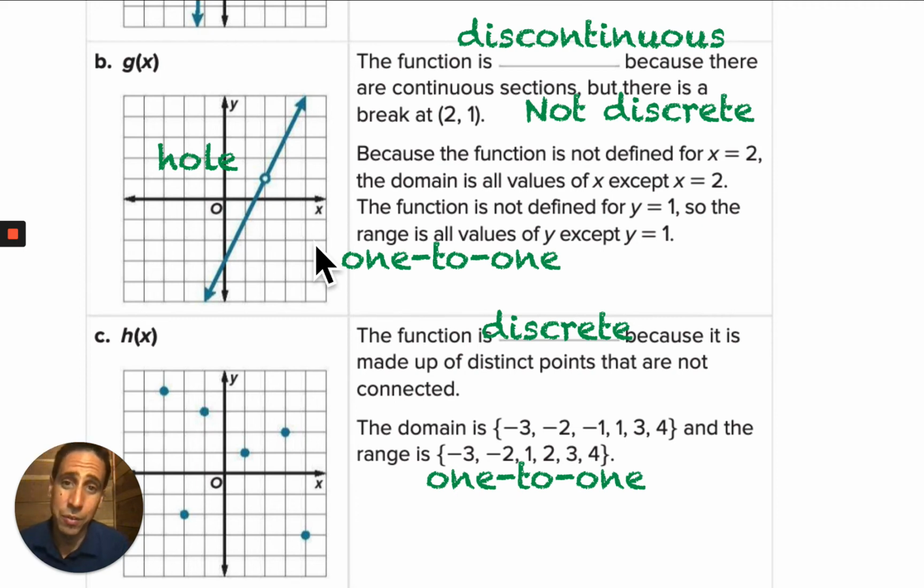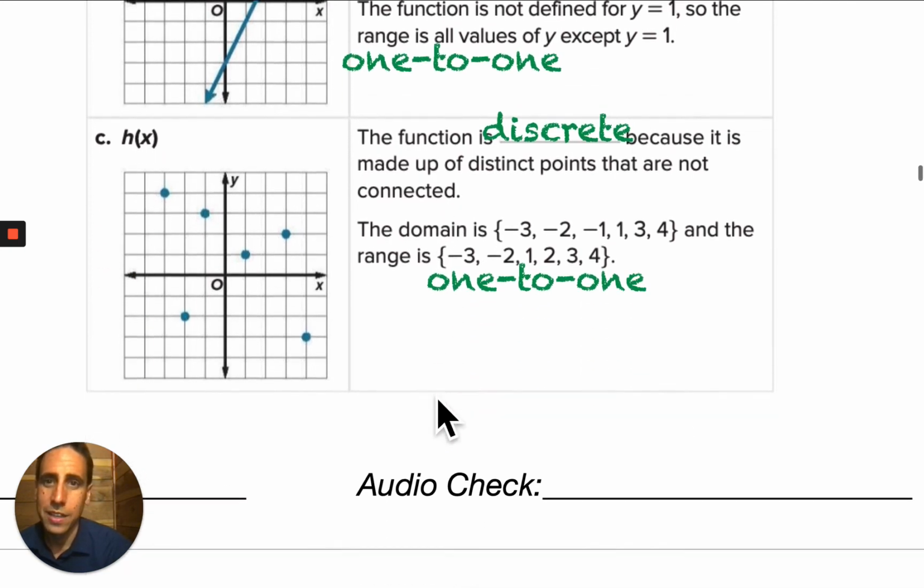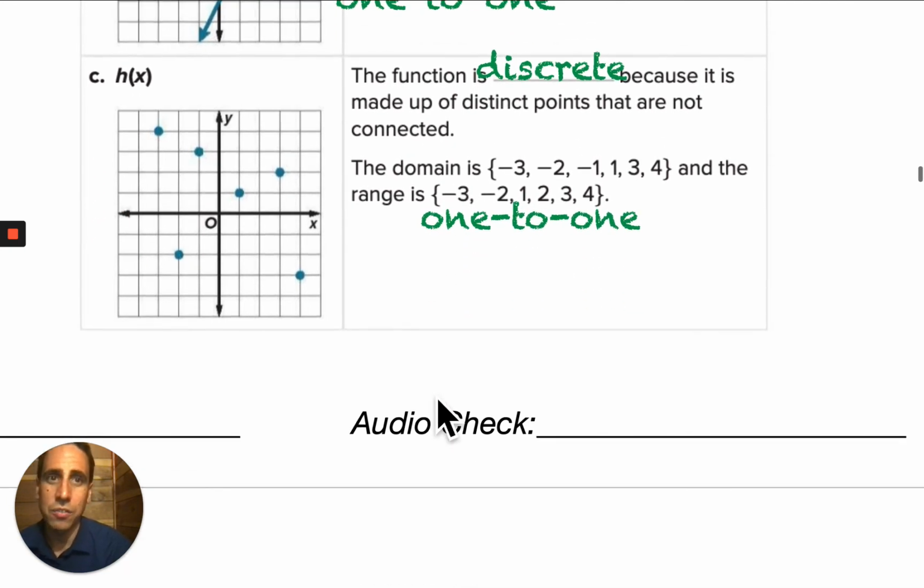Side note, as a review, this is one-to-one because it passes the horizontal line test. All of the outputs have exactly one input. Next, the function is discrete because it is made up of distinct points that are not connected. Point,